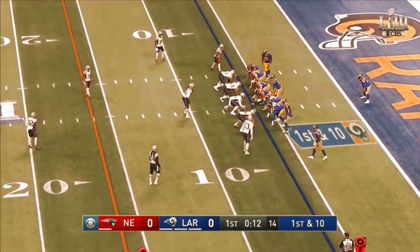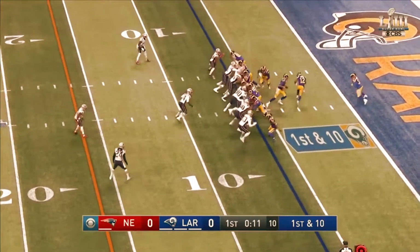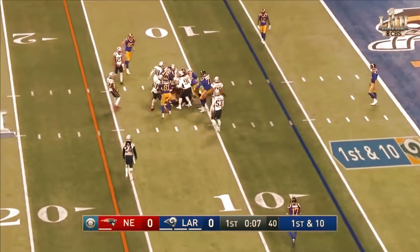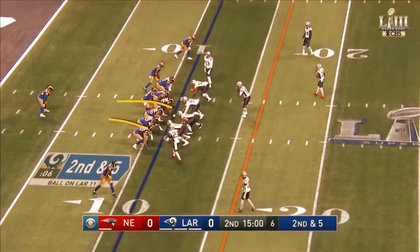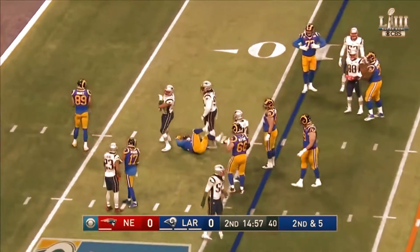You see how tight everybody is? The Rams are one of the few teams who put everyone right there next to the quarterback so they can hand off to anybody. Going to hand it off here to C.J. Anderson, who's been quite a find, Tony. New England's not trying to go sideways. They're going right at you. I keep trying to tell you, they go this way. They're not going to go sideways when you go sideways. Here's Anderson taken down around the neck area